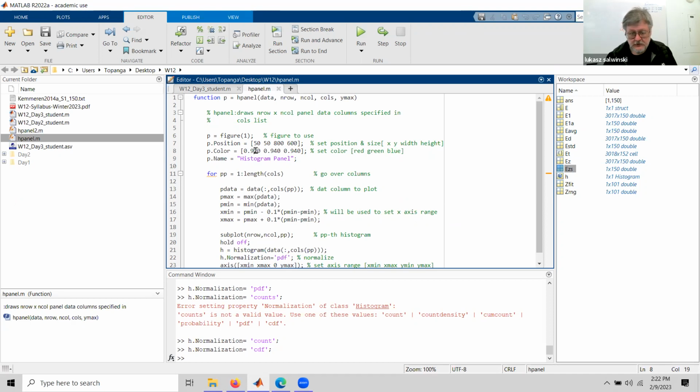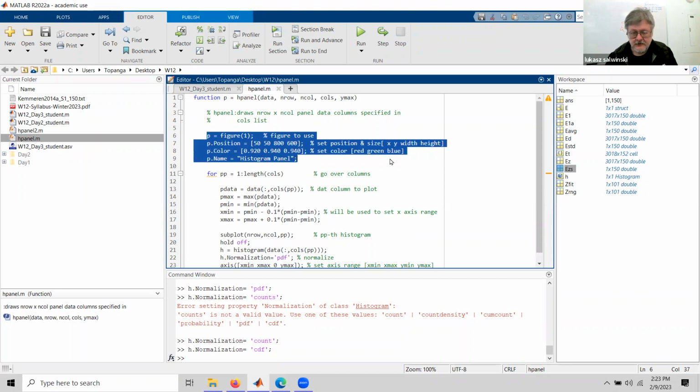If you don't like it this way, you can check the documentation. There's going to be a list of colors that you can pass as a string, so you can say explicitly red, green, blue, magenta, and a bunch of other things, and you can use it this way. So there's more than one way of specifying color. And finally, I'm setting up the name of the window to histogram panel. Okay, once I'm done with setting up the global settings for our plot, our panel that we're generating,